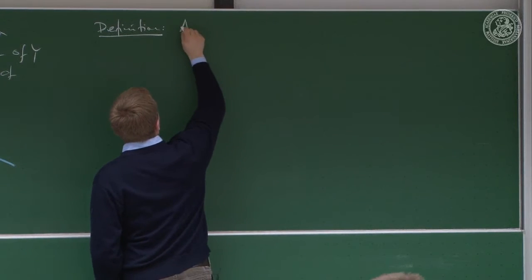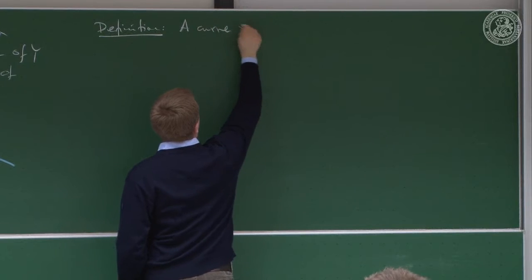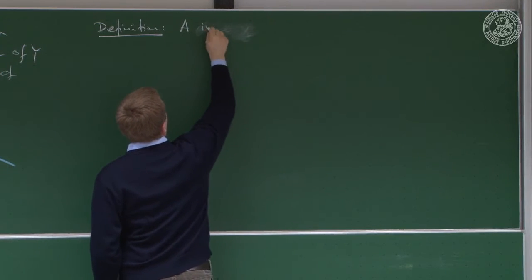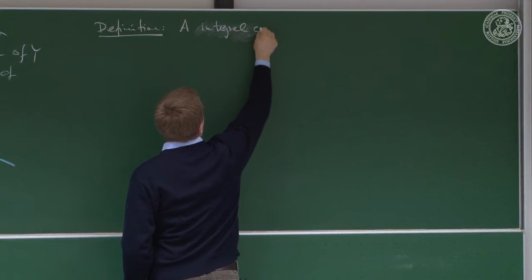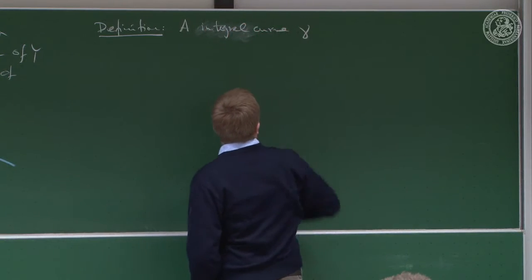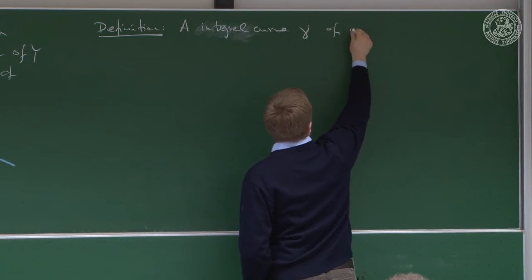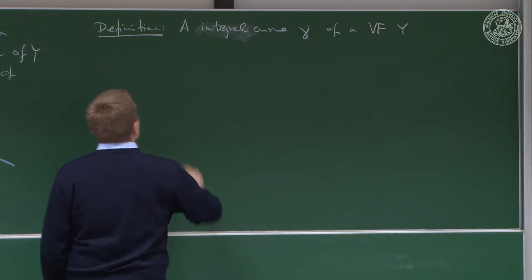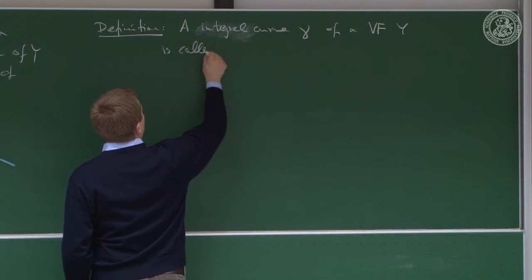A curve gamma, an integral curve gamma of a vector field Y is called complete